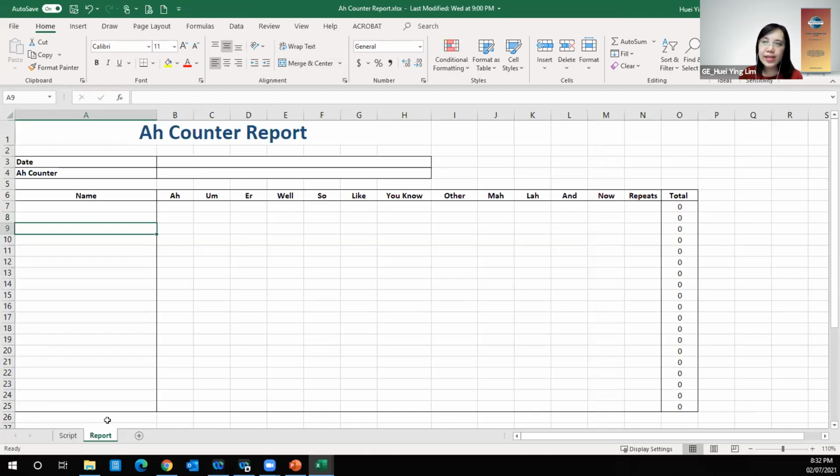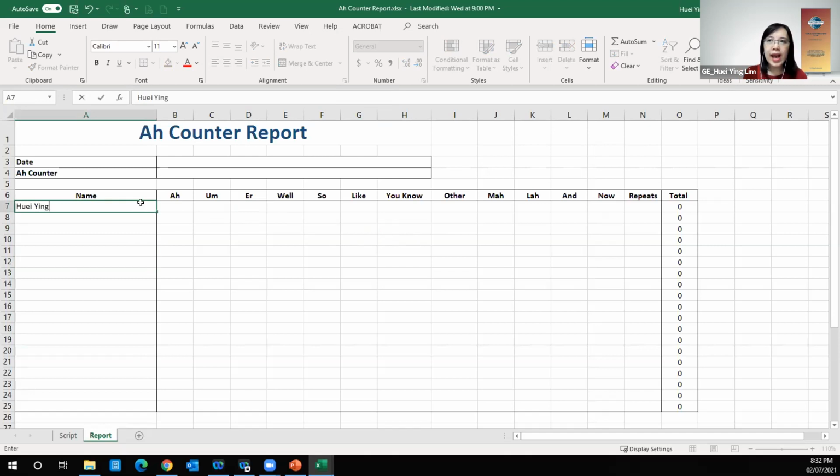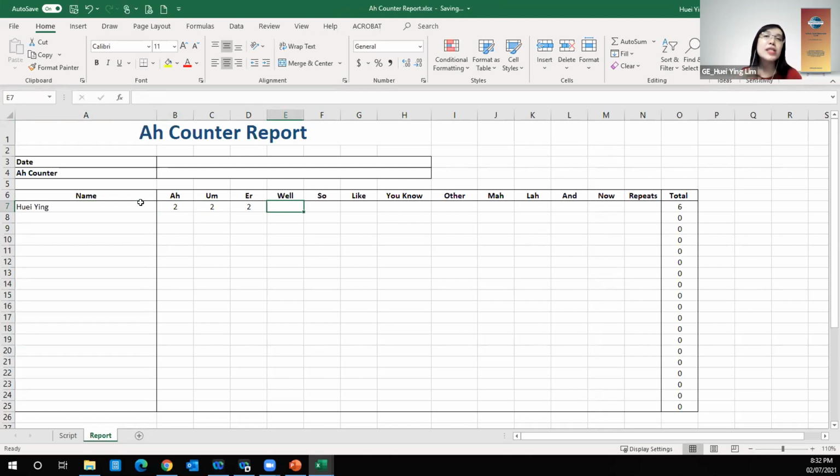As an R counter, you can see in this report, you can record the name of each of the role players and then listen to the use of any filler words. At the end of the meeting, when the general evaluator calls for the report, you can share screen on this report and show all the participants and speakers how many filler words they used. For example, let's say I'm talking, then you record that I mentioned "R" 2 times, and so on. You just record as each of the role players takes up the meeting role. So this is the role of the R counter, the second technical role player.